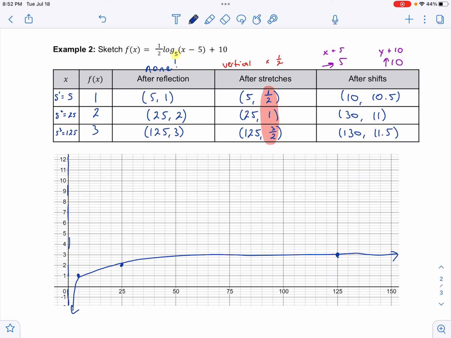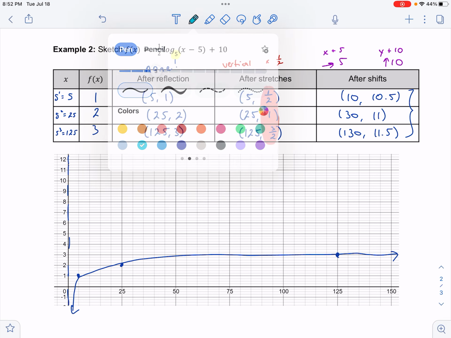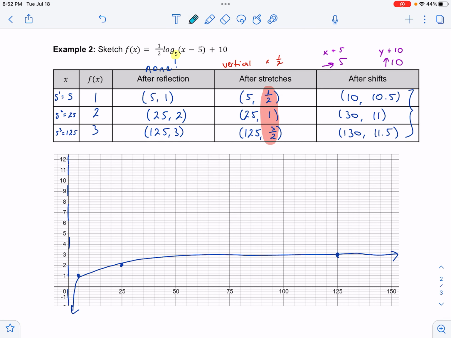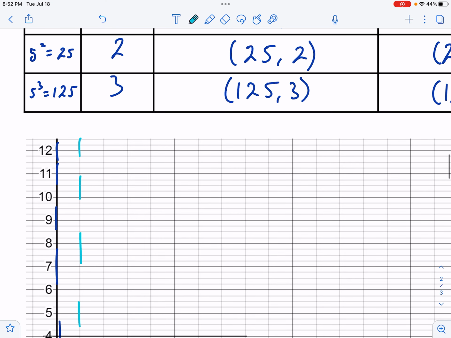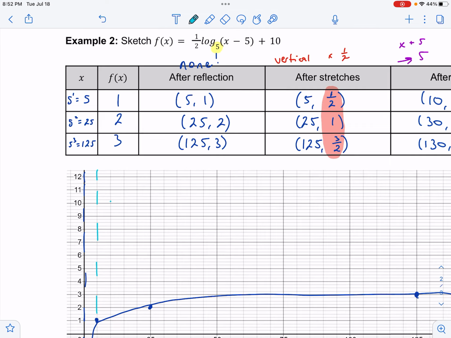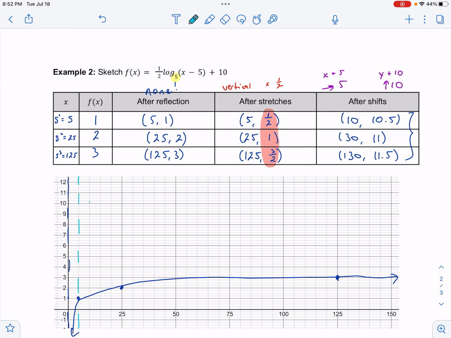We can now go ahead and sketch our transformed function from our transformed points. I will do that again in light blue. Our vertical asymptote has shifted 5 to the right, so I'm going to start by adding that in. And now I'm going to plot my points. I have at 10, and 10 and a half, about there, 30,